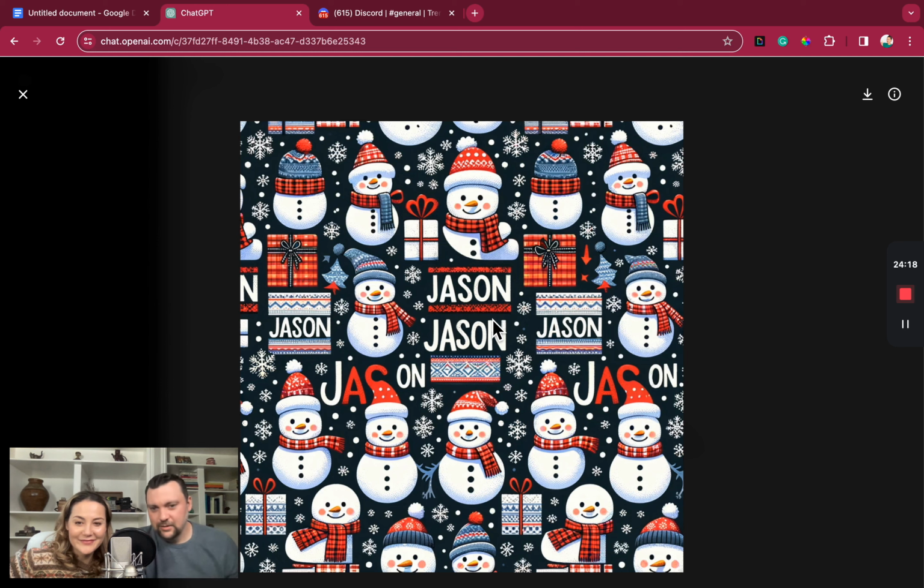Have you ever seen Jason-specific wrapping paper anywhere in a Walmart? Probably not. So if you can do something like this. But you have seen a keychain. Now, obviously, some of these snowmen are a little weird. Look at the S on the. Yeah. That's pretty cool. I still think it's pretty cute.